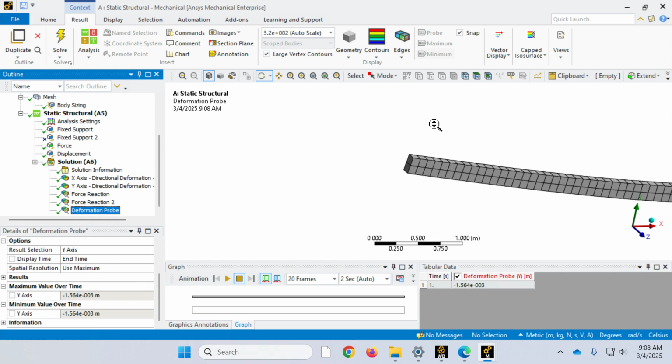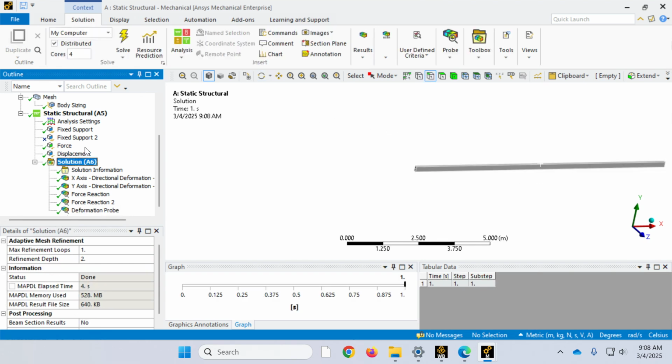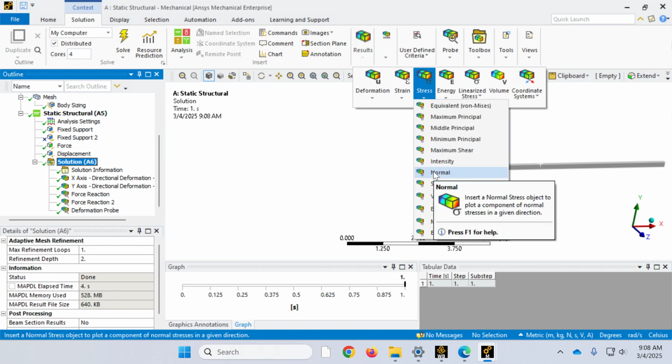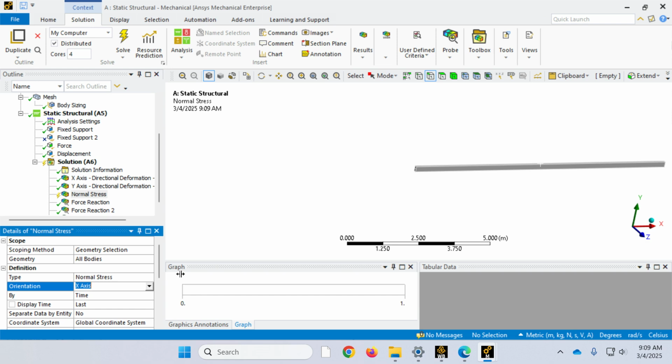Okay. What other results can we look at? Another interesting one would be, of course, the axial stress, the sigma x, which is equal to M over I times y. The bottom of the beam should be in tension and the top should be in compression. So if I come here and go to the solution, I go to results, go to stress, and I want to look at a normal stress, normal to the face, and which face? The x face. So I'm going to select normal and make sure that the x-axis is chosen. So you want to be careful with that. And if I hit solve,